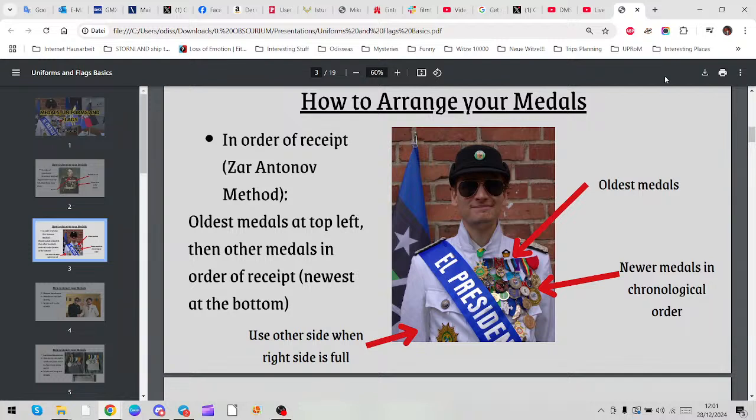This is nice because you don't have to constantly rearrange your medals. You just put the newest one at the bottom, at the end of the medal trail, so to say. And it does still have an order to it. And then